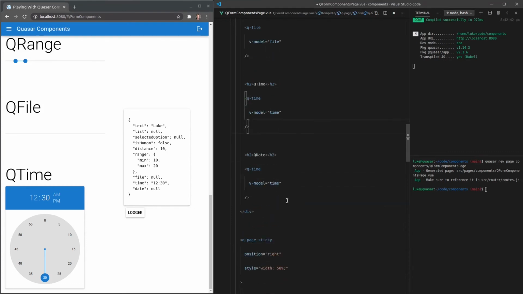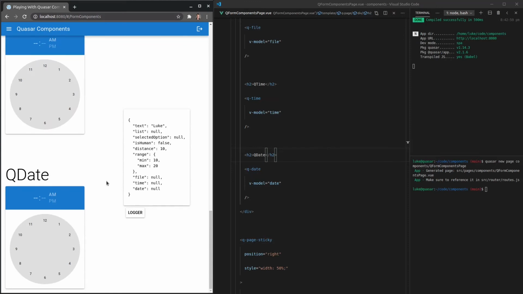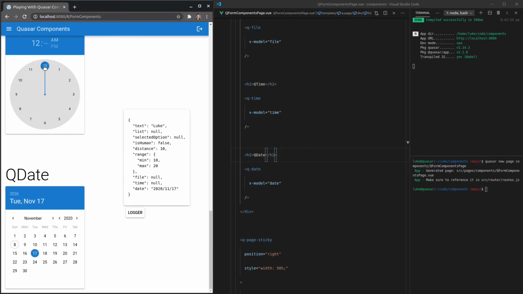Q date, modeling the date. Oh, change the word date there as well. And there we go. I might just have to refresh the page. Yeah, here we go. And we can select a date. And it all gets modeled exactly as it should on the right here. Now, we actually have a whole lot of power over how all of this is modeled, which I'll show you in future videos. But the last thing I want to show you is how we might use all of this